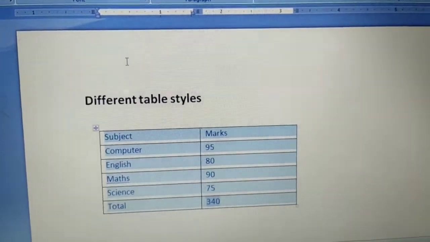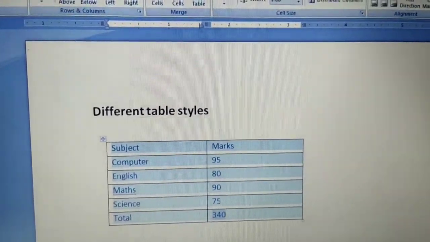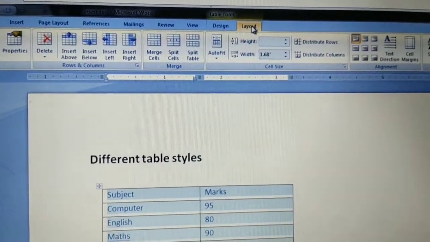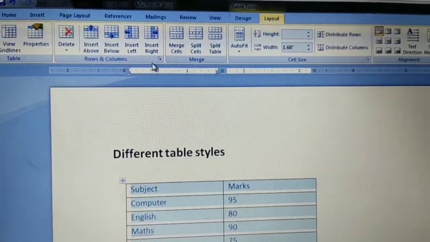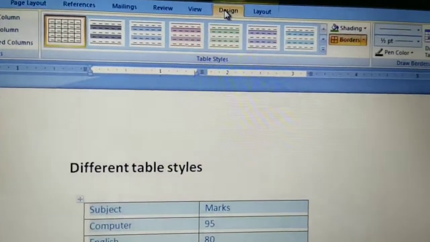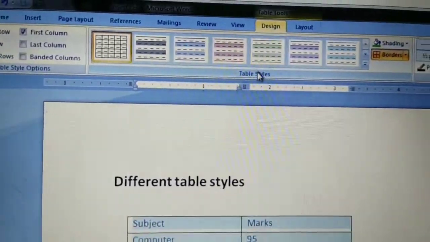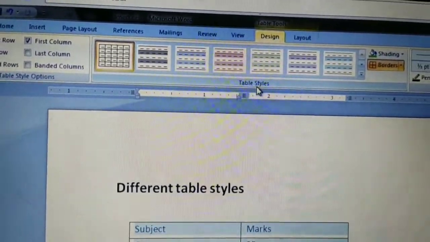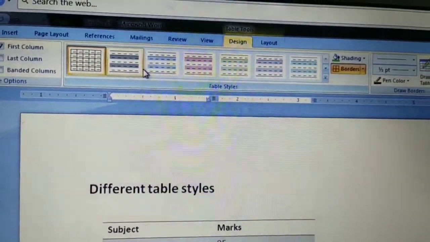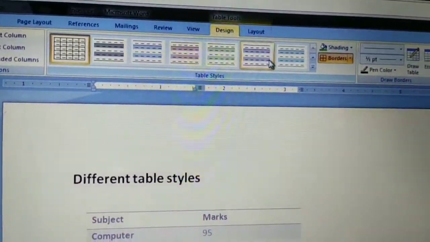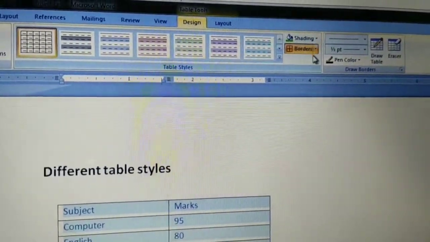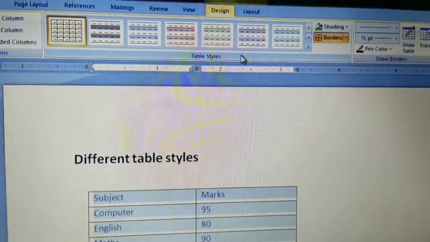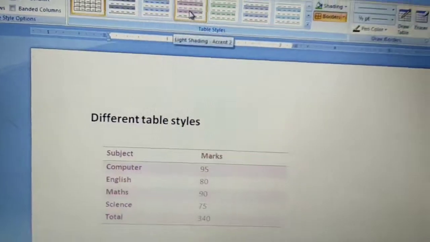First you have to select the table, then under the design tab, you will get this table style group, and these are the table styles you can apply on the table. And this is the shading also. I already explained shading and border, you can apply them at the same time.